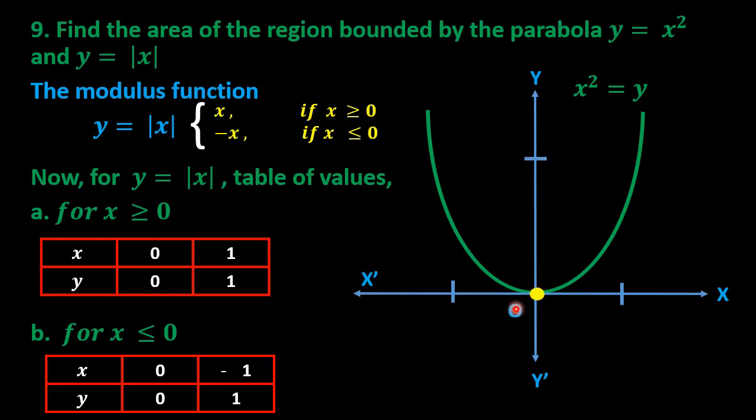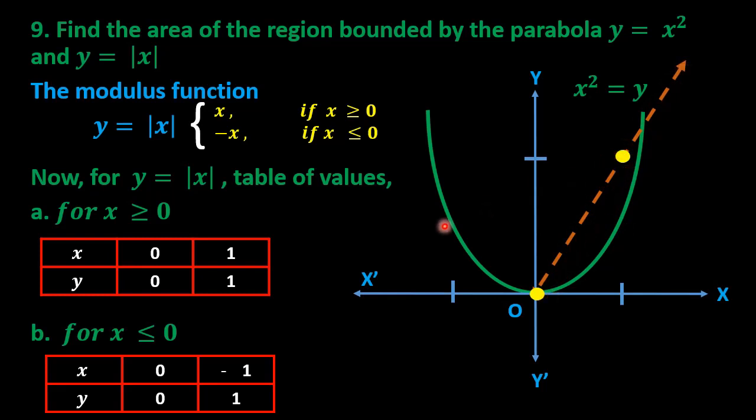So here is the origin, and the second point is 1, 1. So here I have made a division 1. So 1 along the x-axis is here, and 1 along the y-axis is here. So they will meet somewhere here. So that will be the second point. Now we have to draw a line joining these 2 points. And this is the line joining the 2 points.